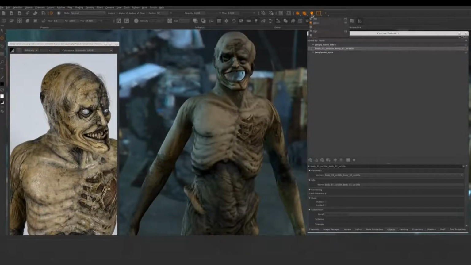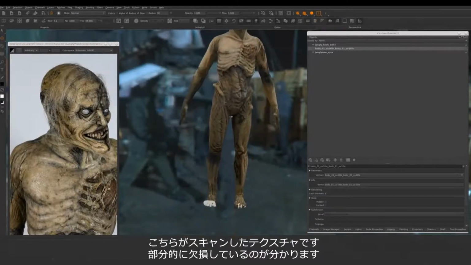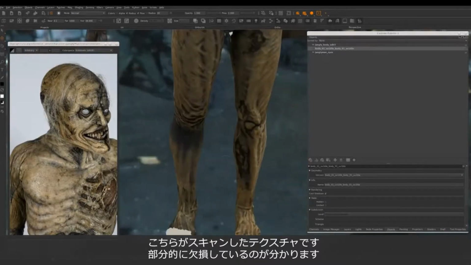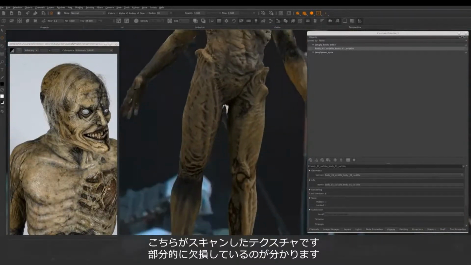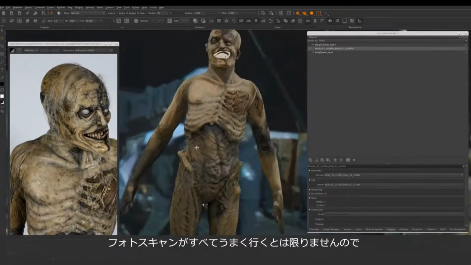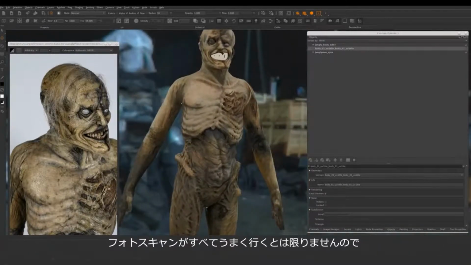So if we view this guy on flat, this was the solved textures from the scan. Well, we have a little bit of issues here, like you can see in between the toes and underneath here, of course, where the photo scan had a little bit of trouble capturing all the data,